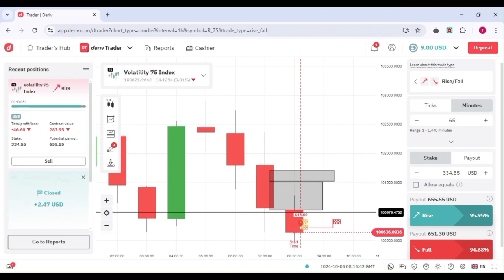So guys, I don't want this video to be so long, because it might take so much time for these candlesticks to come back and fill that fair value gap. So I'll just increase the speed. It might take maybe around 1 hour, that's why I put 65 minutes. That means that's almost 1 hour and 5 minutes. I can see after 1 hour 5 minutes the market will have already returned back to those fair value gaps